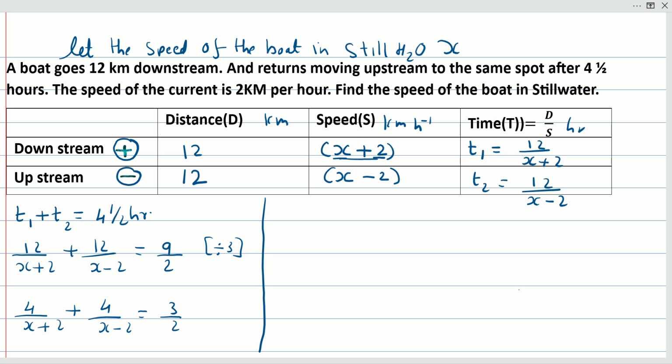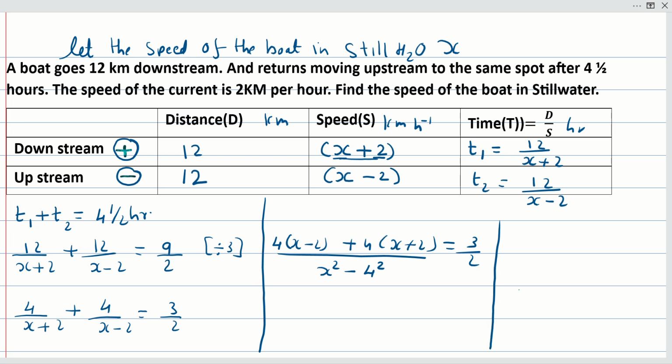I'm not rolling down, I'll just solve here. So it comes to 4 times x minus 2 plus 4 times x plus 2 over, we'll solve, these are the same brackets with opposite sign, so that comes to x square minus 2 square, the difference of squares, is equal to 3 upon 2. Correct, students? So here what will get cancelled? When you solve the brackets, things will get cancelled. You are left with 8x upon x square minus 4 is equal to 3 upon 2. The expression obtained over here is